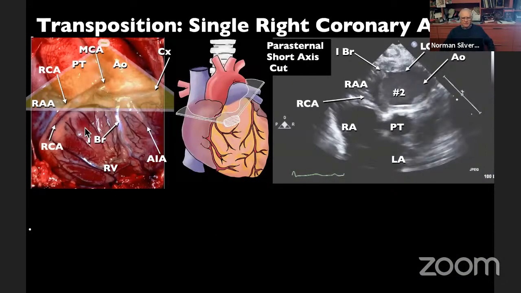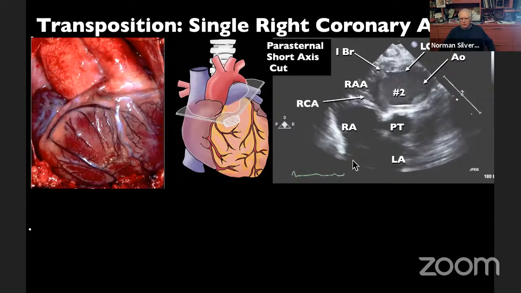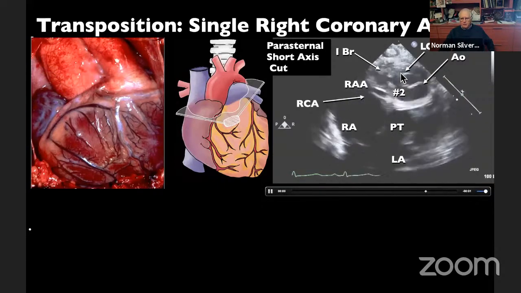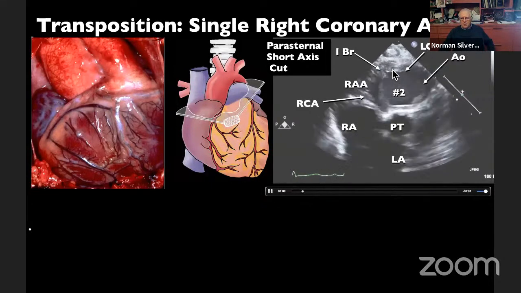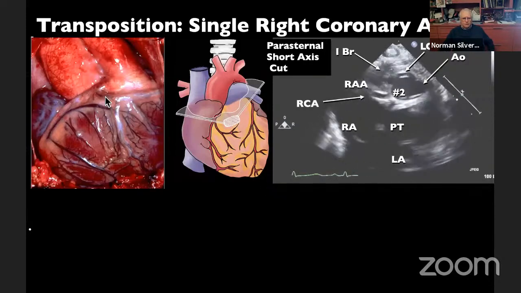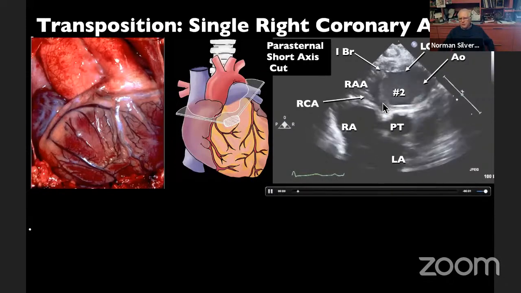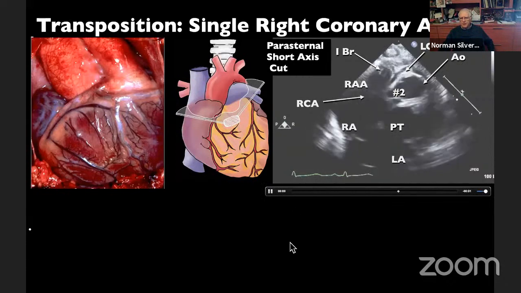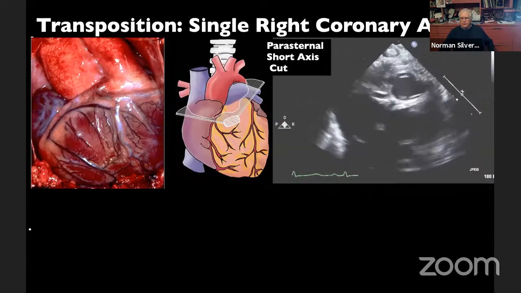And here's that same patient I showed you a little earlier with a single orifice from the right side. And here you can see the origin of the right coronary artery. You'll see the branches in motion now. Here's the left coronary artery running here in front of the aorta. Here's the conus branch. You see the left coronary artery and conus branches and the right coronary artery running in the AV groove. And let's just take the labels off that there.